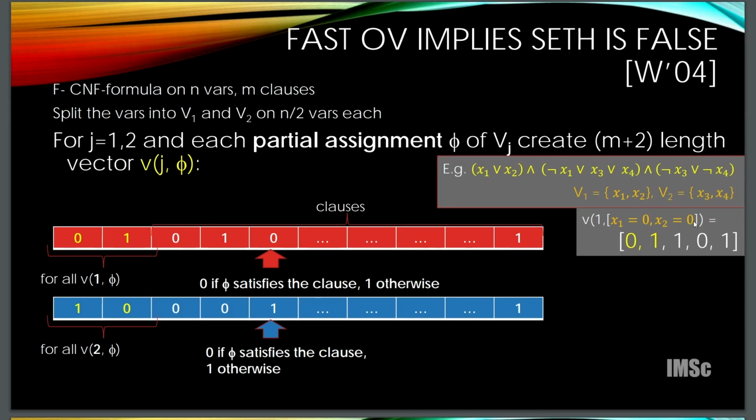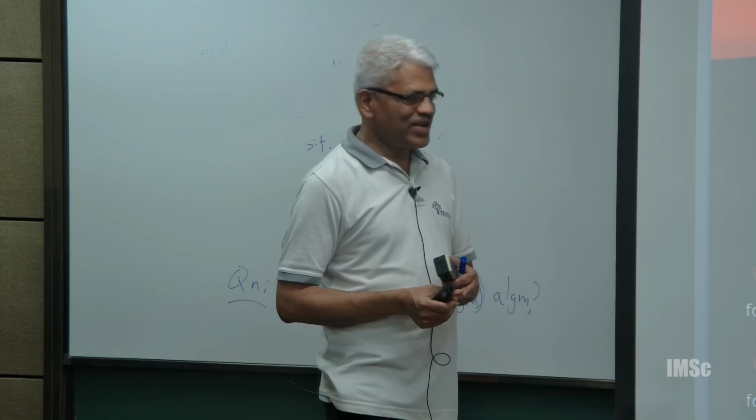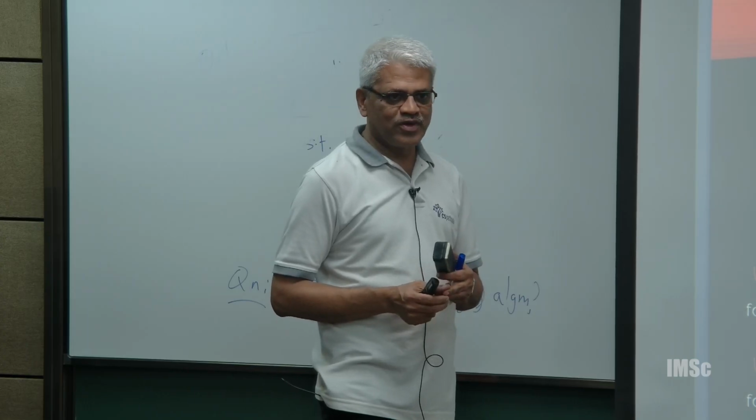So, if you have a satisfying assignment, then there will be a pair of orthogonal vectors, and if you do not have a satisfying assignment, then if you pick any pair, there must be one dimension in which both of them will be 1, that you are not satisfying by these clauses. So, that will make sure that this pair of vectors is not orthogonal for any pair. Okay. And I am sure I lost most of you, right. Okay. So, should I go over again if anybody has a specific question?